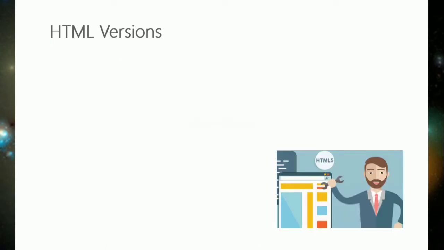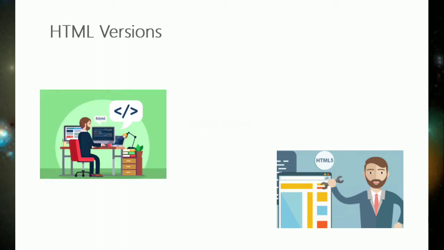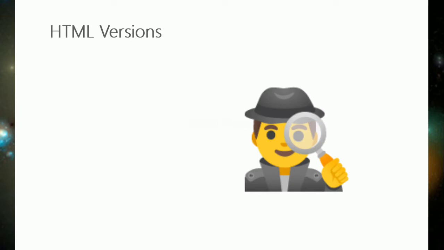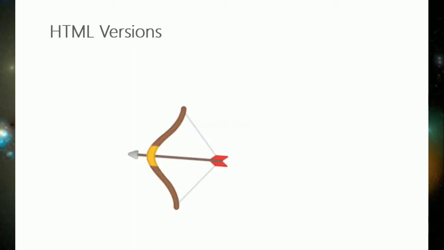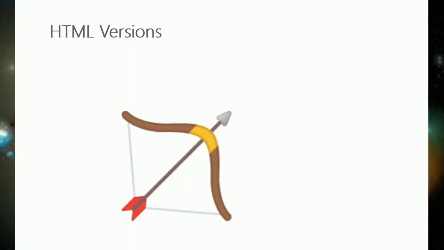So versions are created and they are updated regularly. But for this updation there will be a huge team. They have to undergo a lot of process, they have to study a lot, and they have to see whether this updation will be useful or not. After a lot of testing, only then is it released so that it will be useful to all the people. Now we are going to see different versions of HTML.